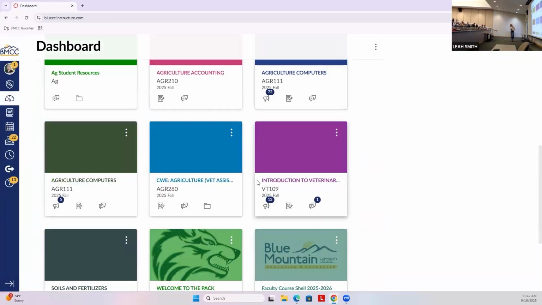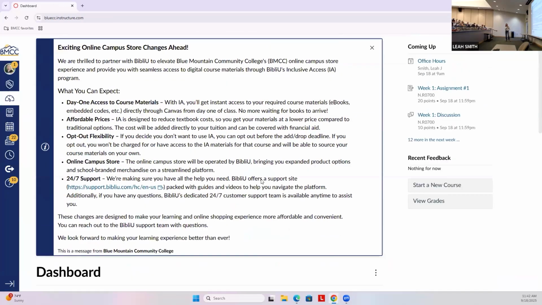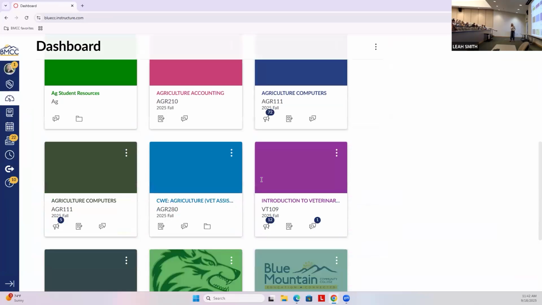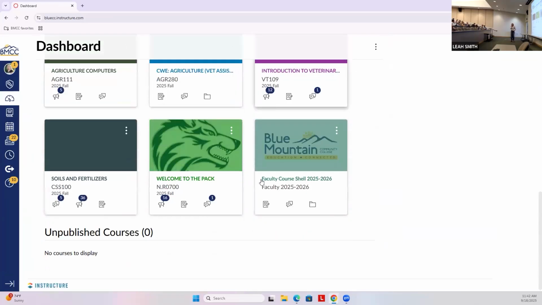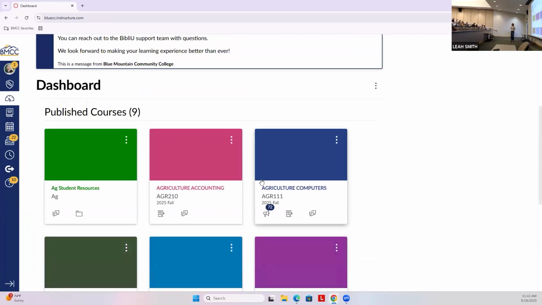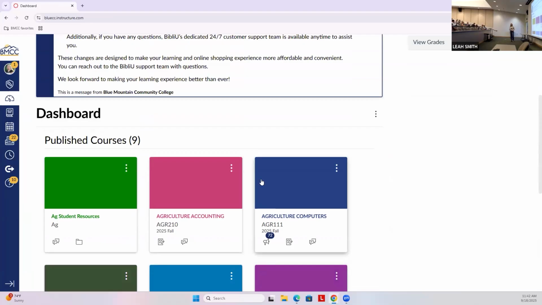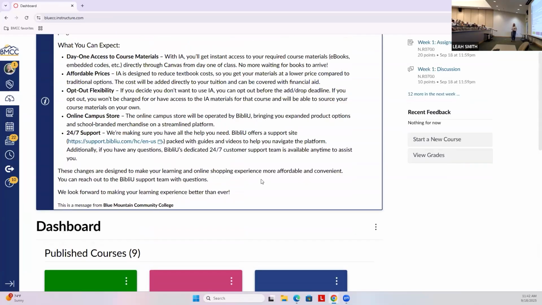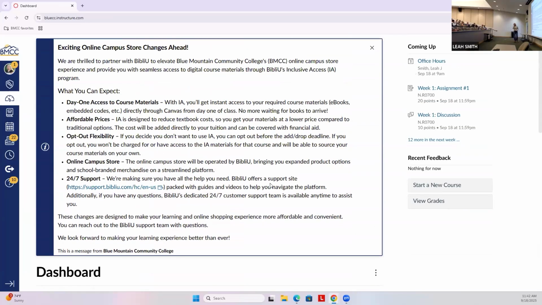You'll see, at the top, that's where there's a bunch of announcements from the school. Those are all my classes that I'm teaching right there. You should have all of your shells on there as well, but you won't see those until 5 o'clock on Sunday evening if they are published. On the right-hand side, you have that coming up to-do list. I even have it there too, of what's coming up, what I have assigned to my students, what I should expect to be turned in.